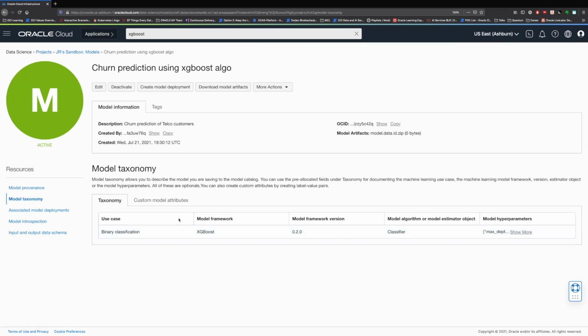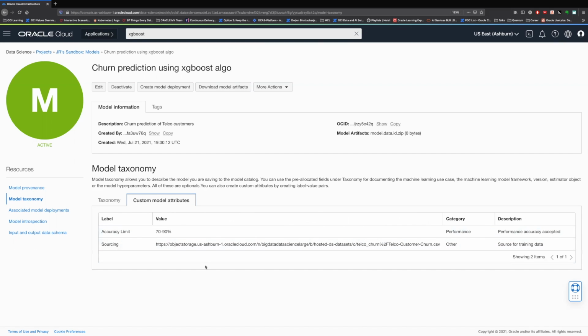We are also capturing the algorithm picked from the class the model has been derived from, and hyperparameters for the model. You can also capture custom model attributes. In this case, I captured performance metrics and the path of the training dataset used to train the model, which is an object storage location.